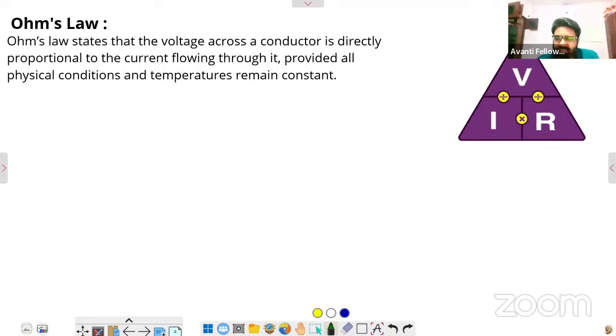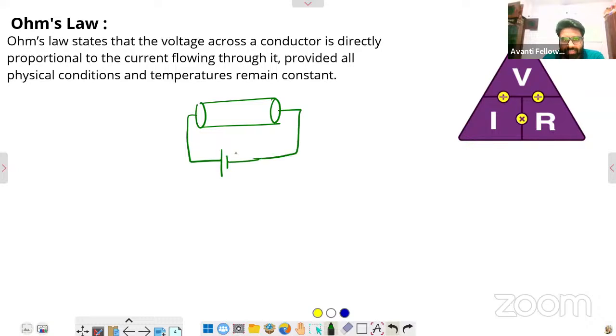So this is the topic that we covered in the previous lecture. It's Ohm's law. You have studied it in the 10th class also. So I am not going to explain it in a very deep way. You have an idea that for any conductor, when you apply a potential across